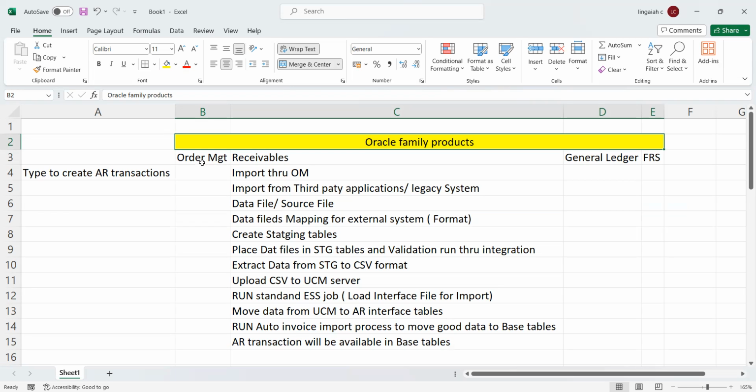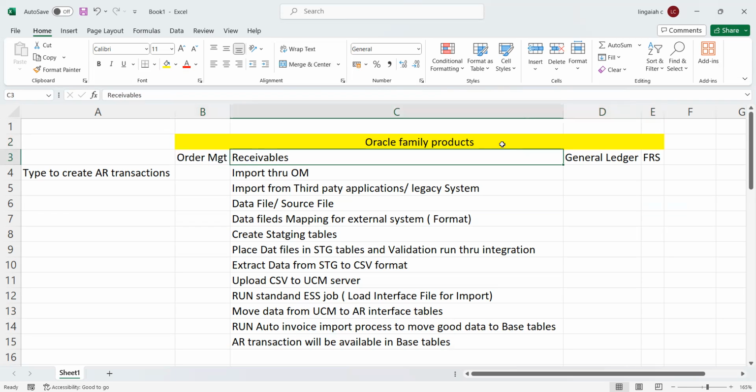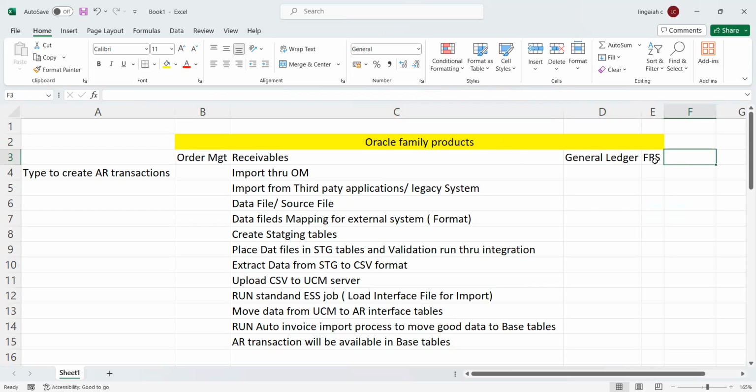So here, if you look at order management, receivables, and general ledger, and FRS, nothing but Financial Reporting Studio, right? Now, how to create AR transactions in the application. There are two different sources to create invoices or AR transactions. One is through OM, order management, so from sales orders we can import AR invoices from OM. And the other way is